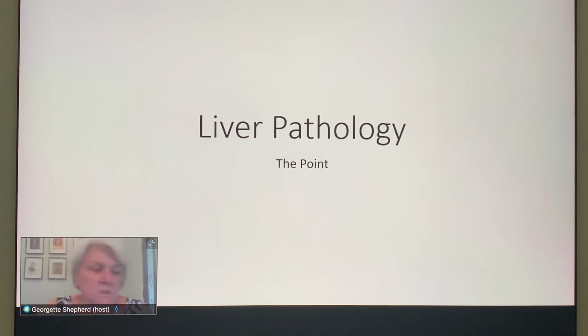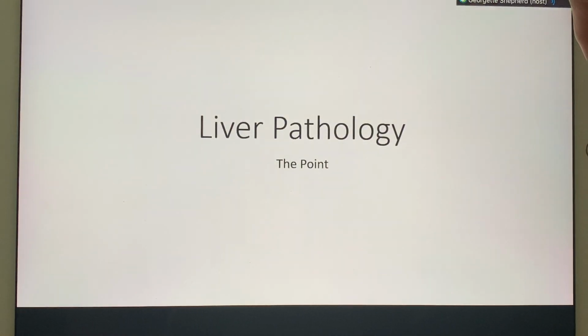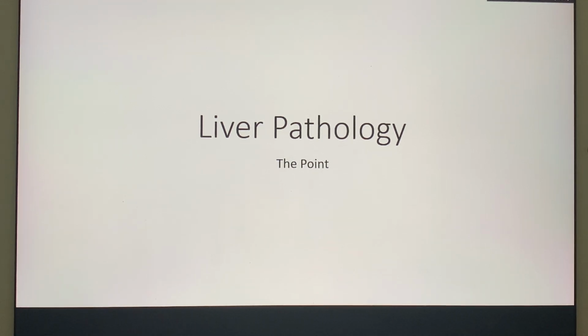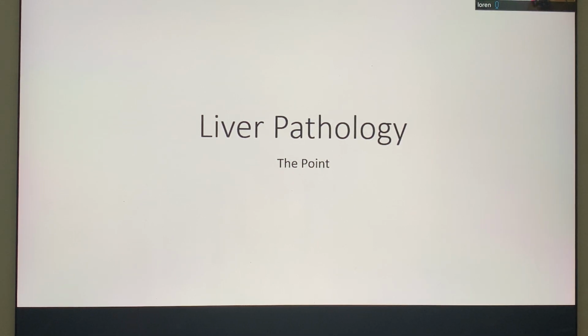Okay, so I'll get that going. So let's go ahead and review a little bit for the test. I'm not going to make it tricky, because a lot of the symptoms of the liver cancers and the liver pathologies are so much alike that they overlap a little bit, a lot really. Because they're all going to have basically the same symptoms: fever, abdomen pain,